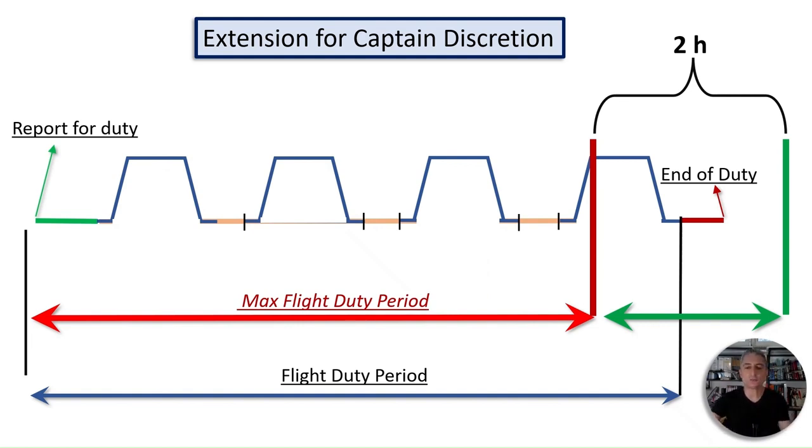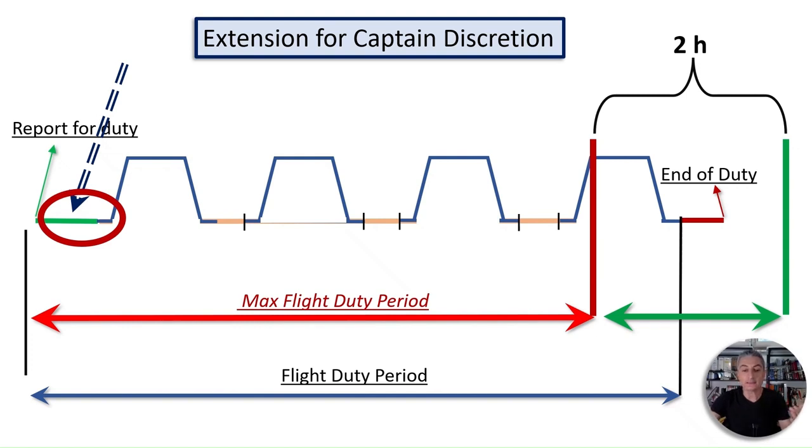So this is the day we saw before, so we got a delay, and now we will be over the maximum duty period. But if something happened at the beginning, just during the report for duty, we already know that the day is going to be very late. For example, a typical situation: the aircraft that we need to use is coming late. So we already know the aircraft is coming in 2 hours, so we're going to start flying in 2 hours, and therefore to do all 4 sectors we're going to go over the maximum duty period